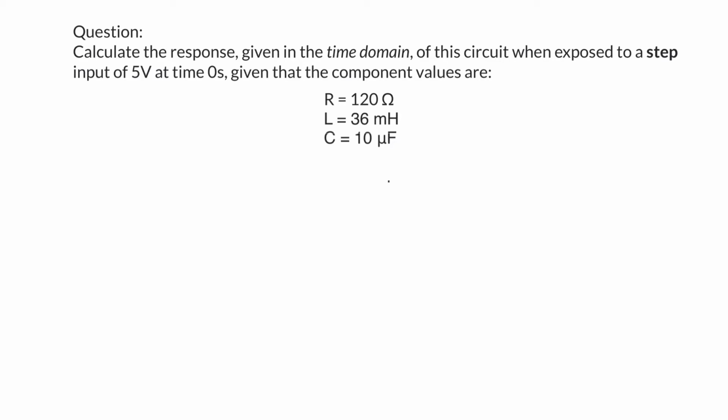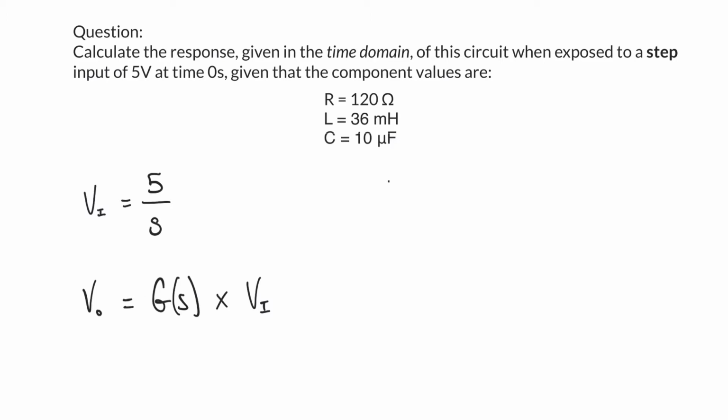In our case, the step input of 5 volts can simply be expressed in the S domain as 5 over s. Again, refer back to our previous video on different input types if you're not sure about that, but because it's at time 0, it's simply expressed as 5 over s. So VI, our input voltage, is 5 over s. In our previous videos we also said that the output voltage, VO, is given by the transfer function multiplied by the input